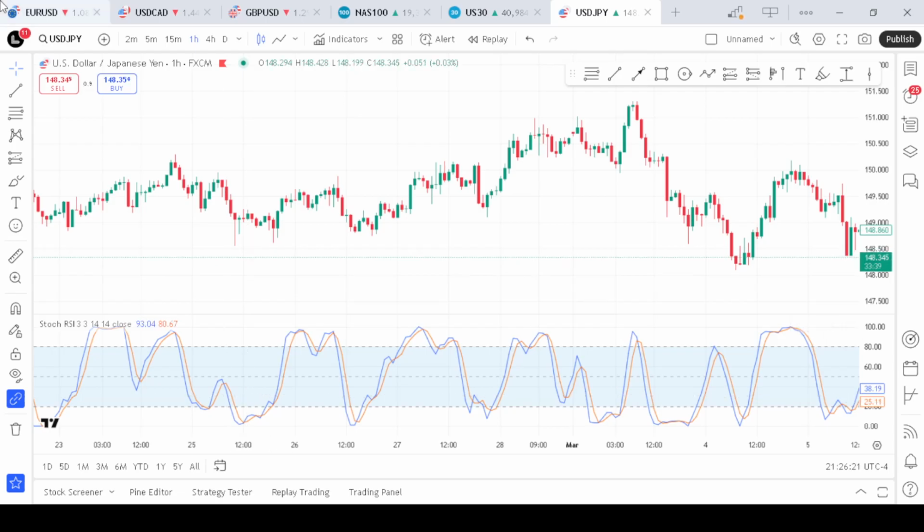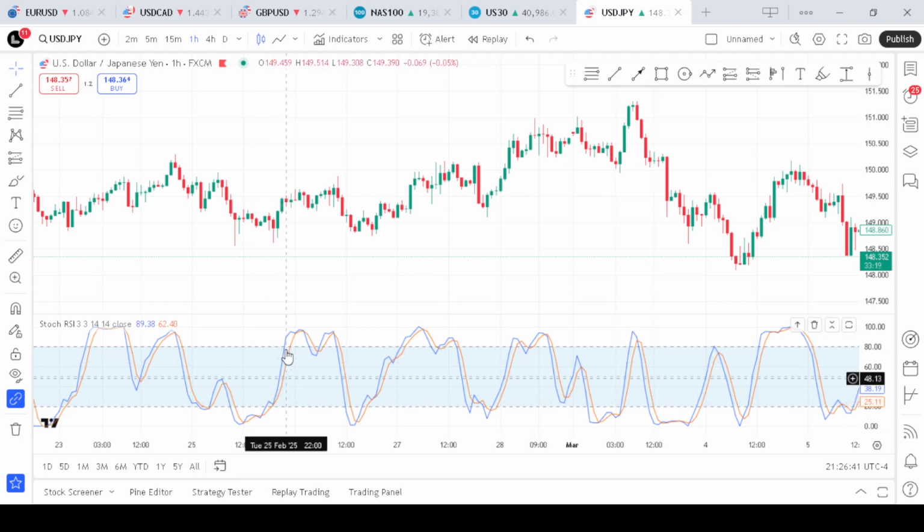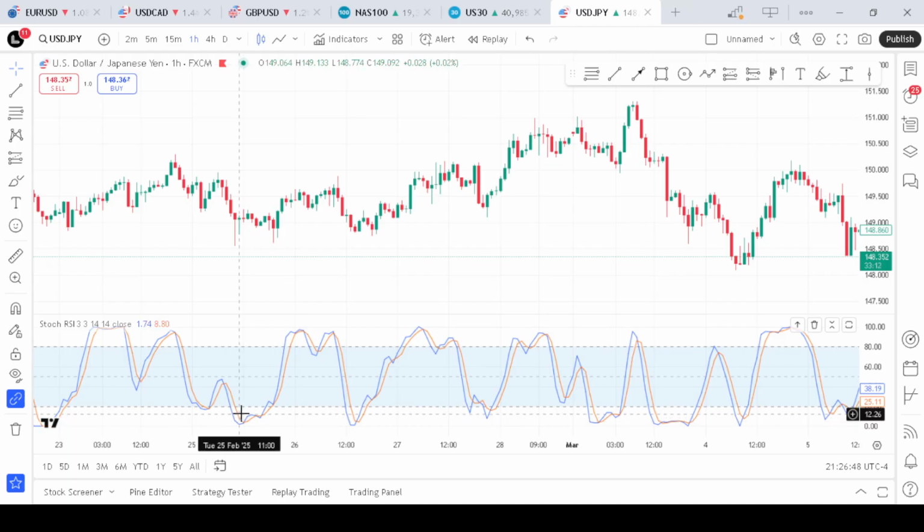Conversely, when it is below 20, it indicates an asset might be oversold, presenting a potential buying opportunity. These threshold levels are different from the traditional RSI, which uses 70 for overbought and 30 for oversold,